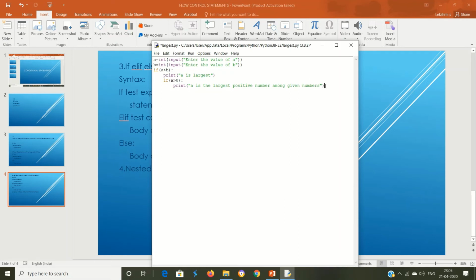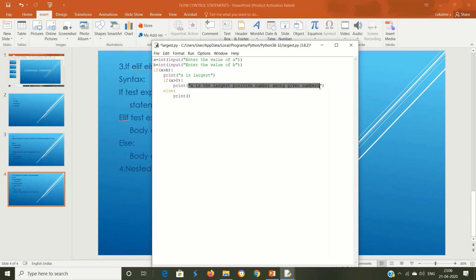Okay, I'm giving an else for this if statement. Else print A is not the largest positive number among given numbers.